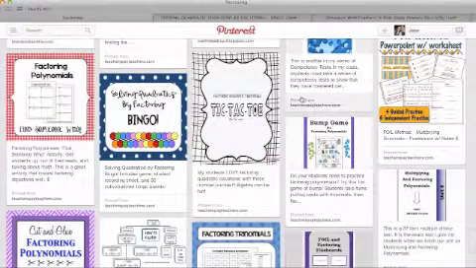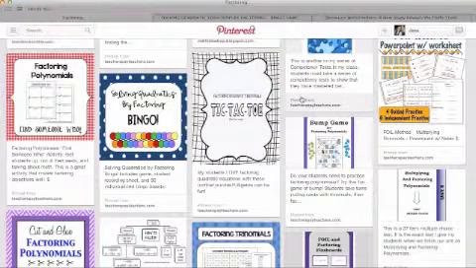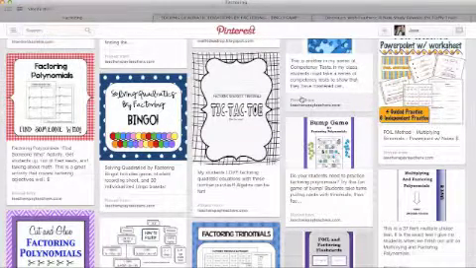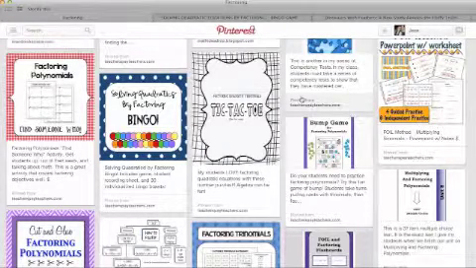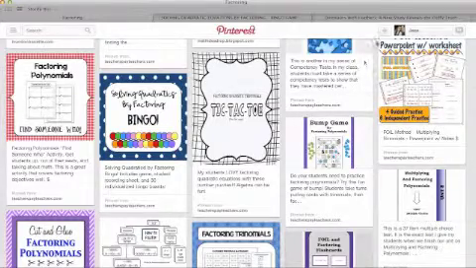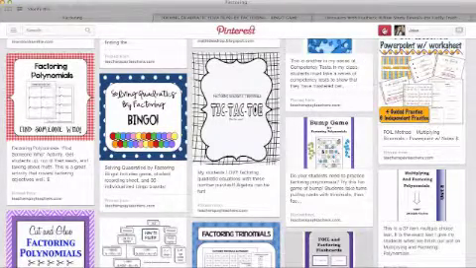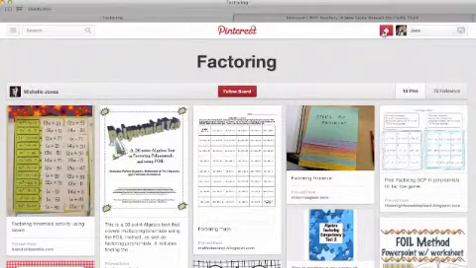Instead of just searching for lesson plan and ideas, I am going to create a board that my students will be able to pin to for a homework assignment. So for my science class, I assign one student each week to find an online article that they will have to discuss with the class at the beginning of the period on Friday. So I click the plus sign, create a board,